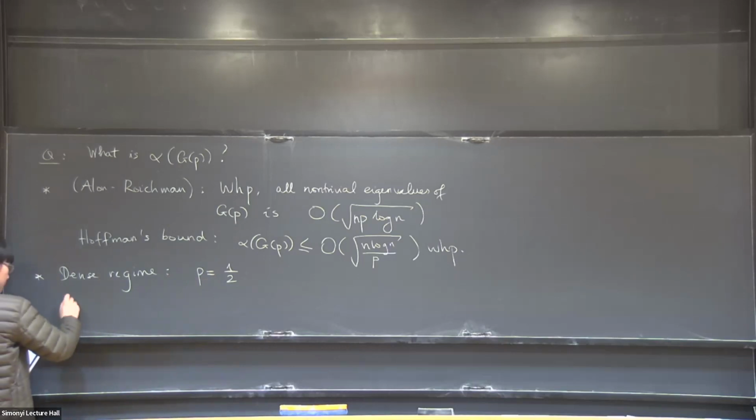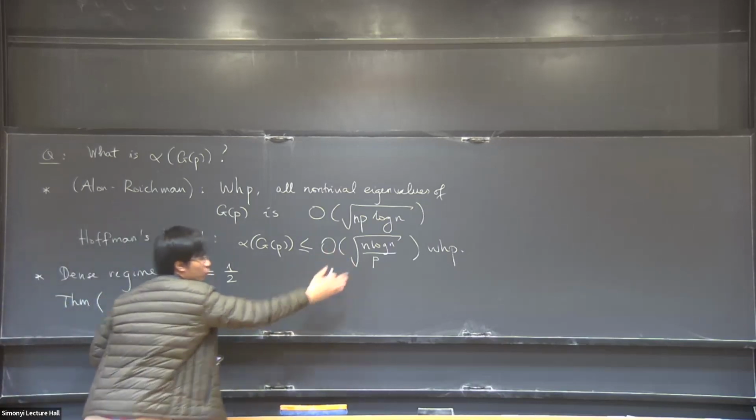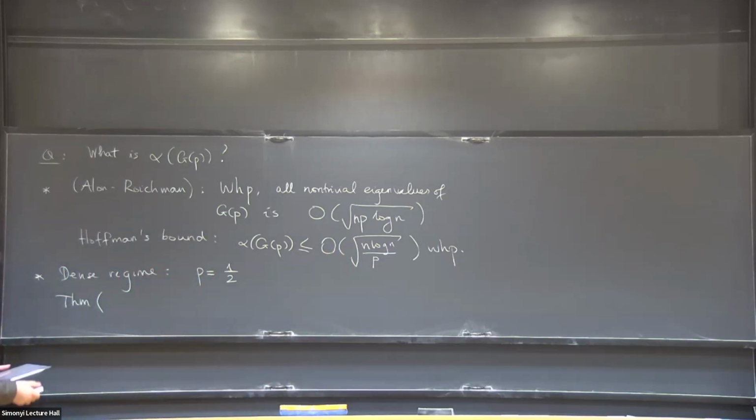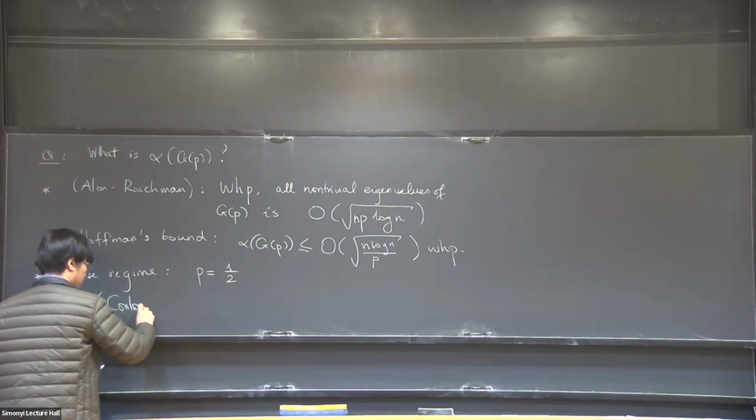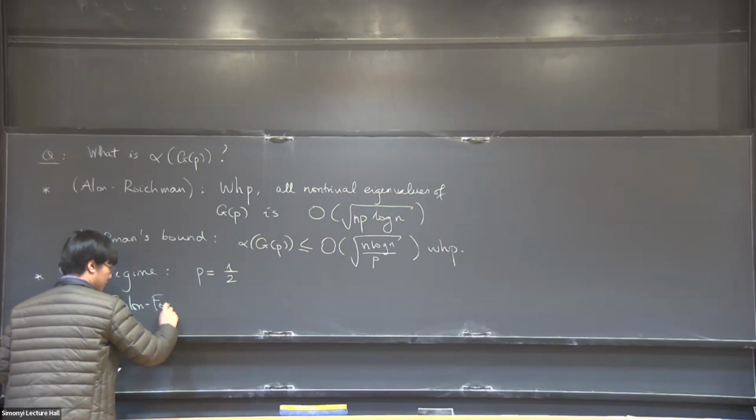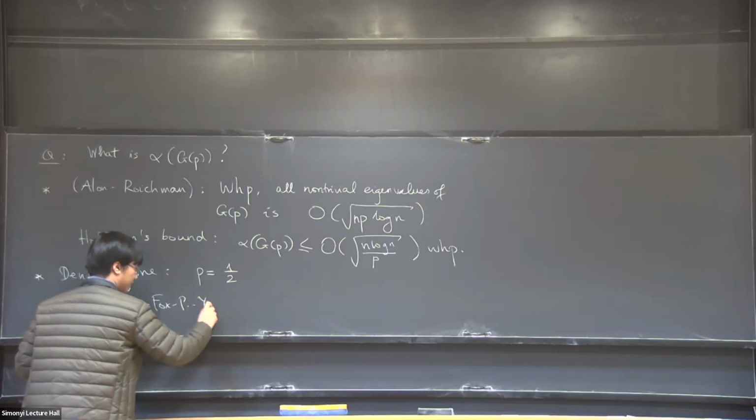And roughly the best bound that we know in the dense regime, where p is a constant, is a big improvement over this bound of square root n over p, or square root n in this case. This is a result in joint work with David Conlon, Jacob Fox, and Liana Yepremyan,